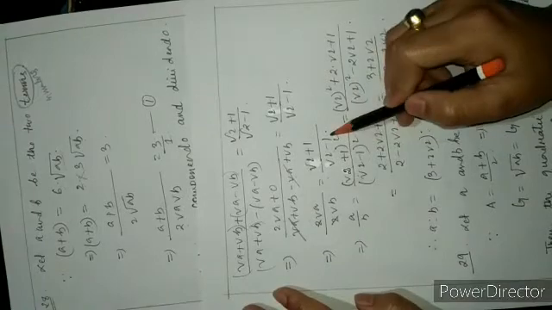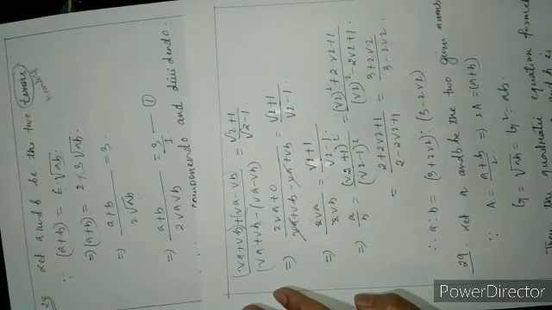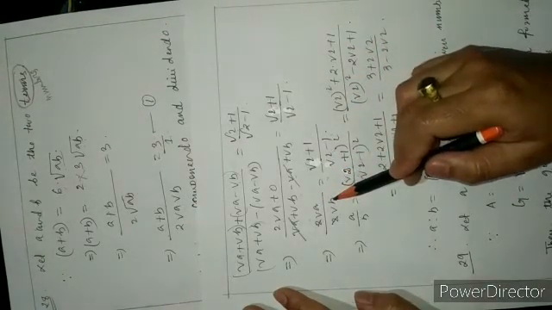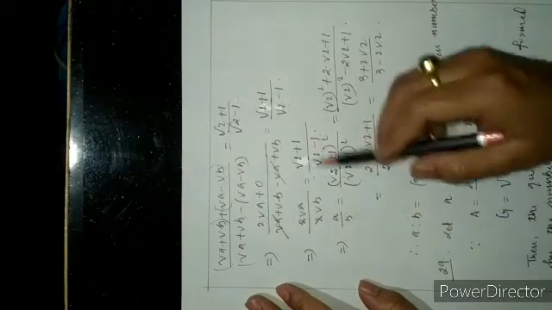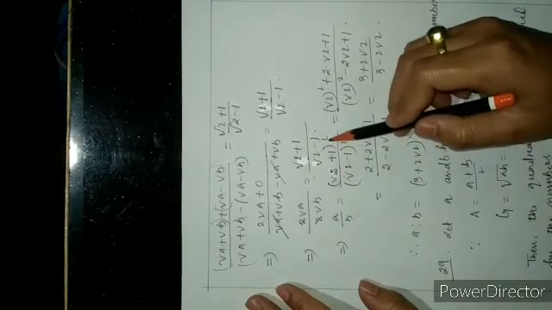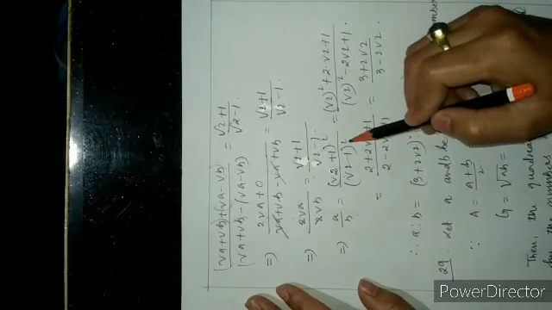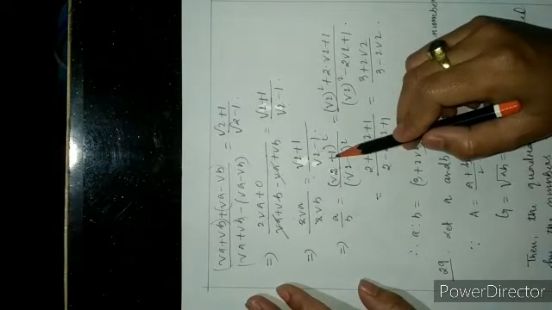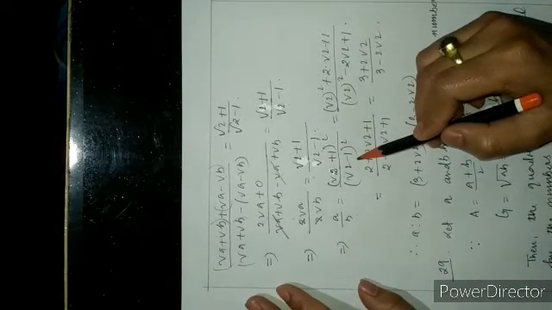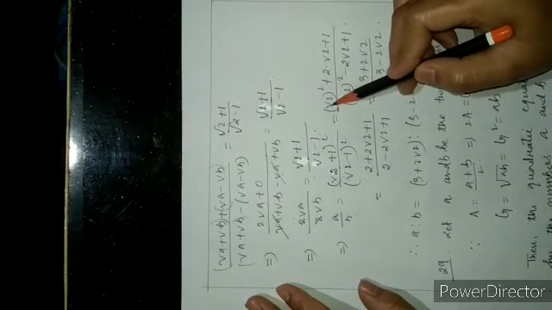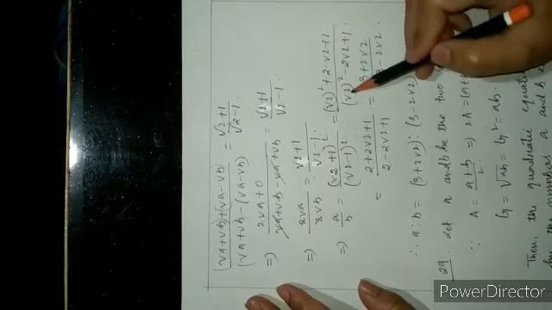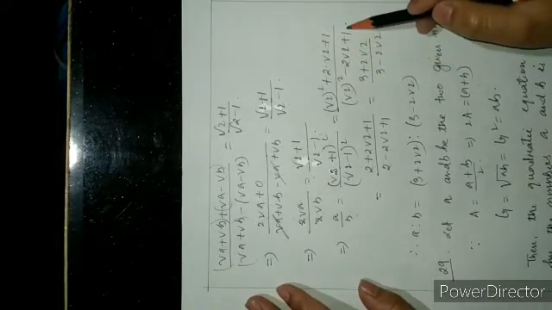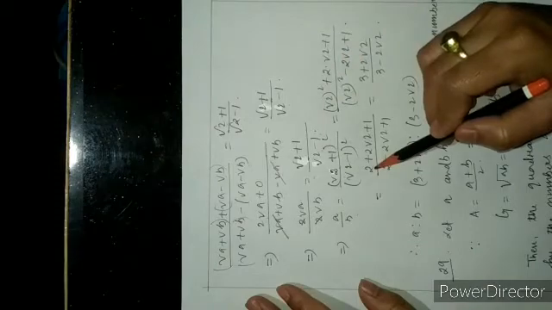Root A by root B is equal to root 2 plus 1 divided by root 2 minus 1. To eliminate the roots, squaring on both sides of the equation, A by B is equal to root 2 plus 1 whole square divided by root 2 minus 1 whole square. Expanding, root 2 whole square plus 2 times root 2 plus 1 square, over root 2 whole square minus 2 root 2 plus 1, root 2 whole square, 2 times of